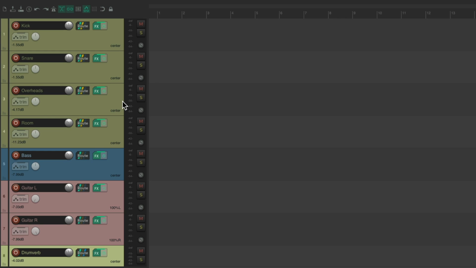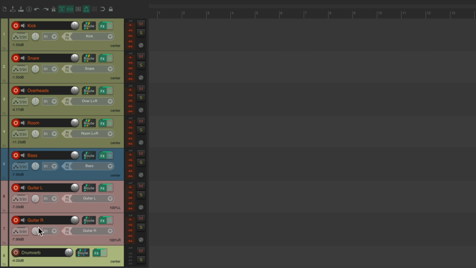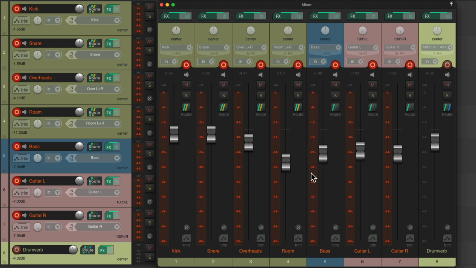We have some drums with a kick, snare, overheads, and rooms, all being sent to a drum reverb, along with a bass and 2 guitars. And I already set up the inputs, so if I go into record, let's open up the mixer so we can see this better. And if we get the band to play,